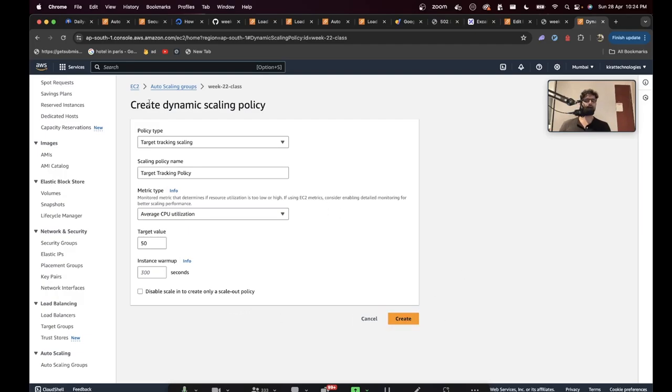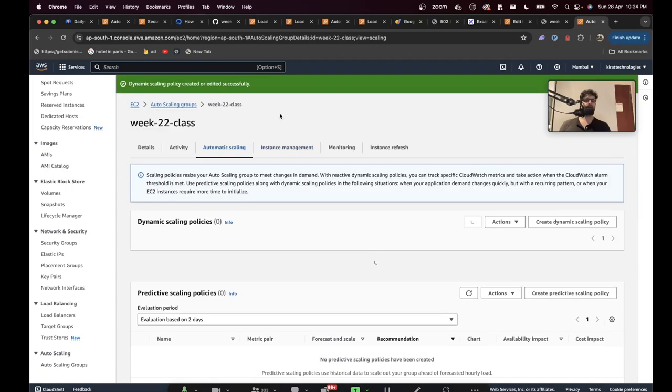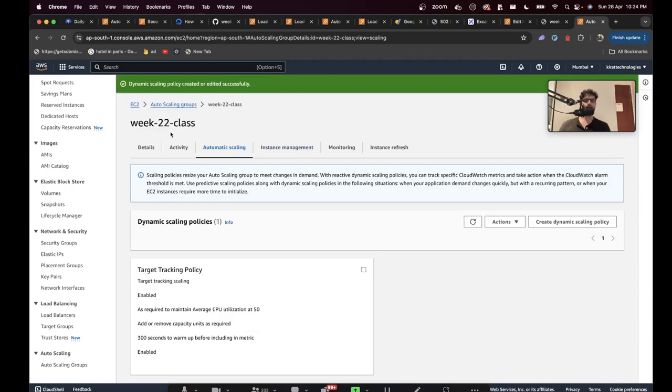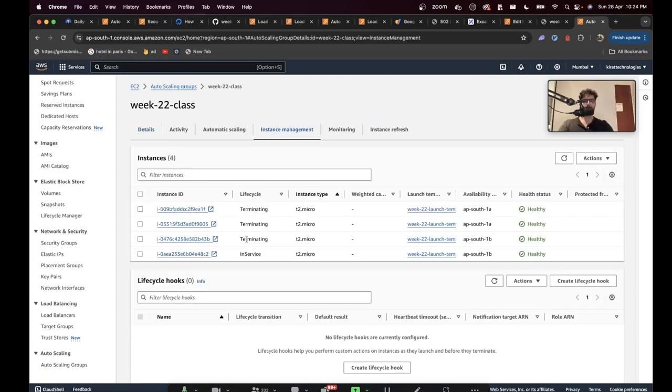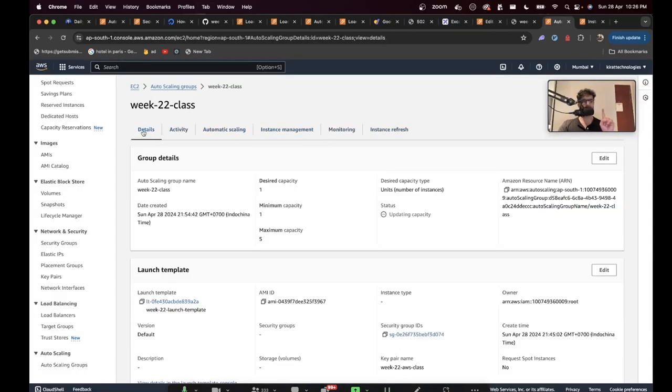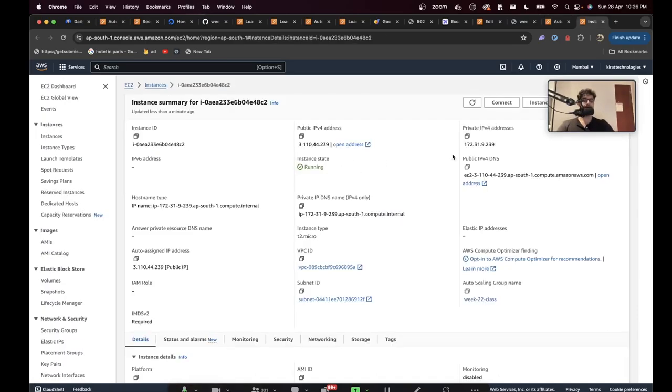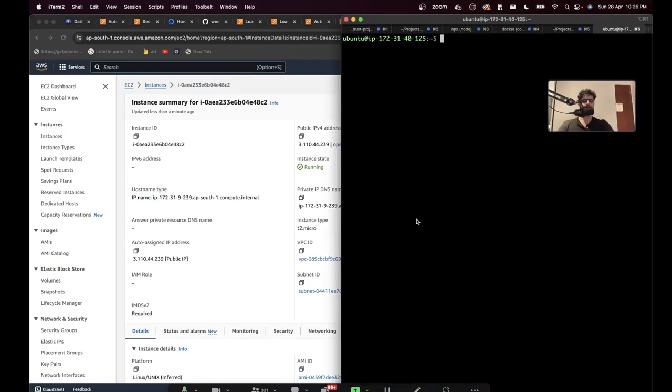So all you have to do is attach or create a dynamic scaling policy. And now, what is my minimum? 1. What is my maximum? 5. If my CPU usage goes up the roof now, if I go to my instance that is currently running, so still I only have 1 machine. I've added the auto scaling policy, but since no one's hitting my machine, the CPU usage is pretty much 0, right? So it would not auto scale up unless I go to this machine,